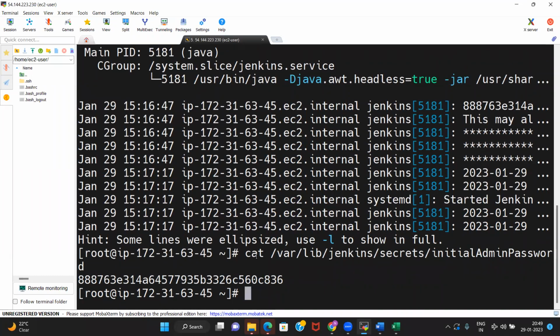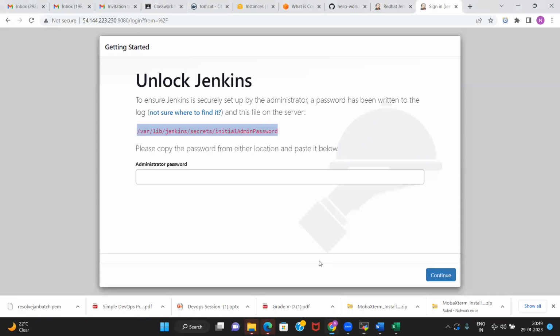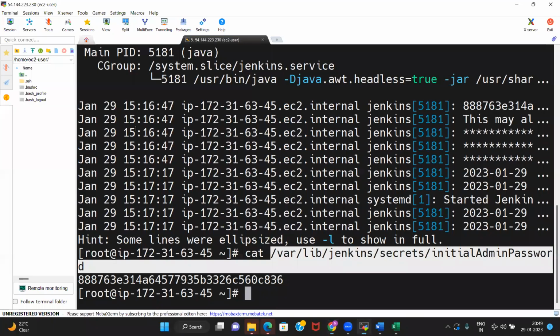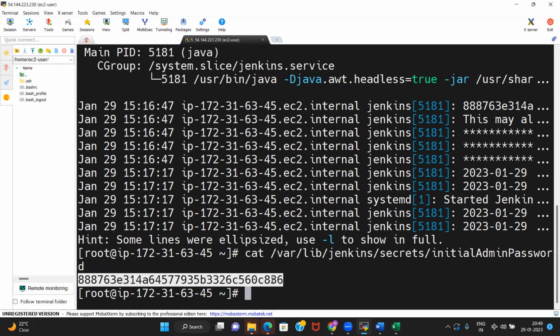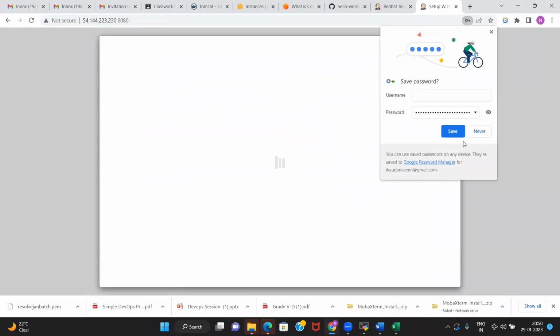Cat is the command to view the content of a file. They have provided you the location where your initial password will be, so you need to fetch it from here. Copy this password, paste it here, and then continue.